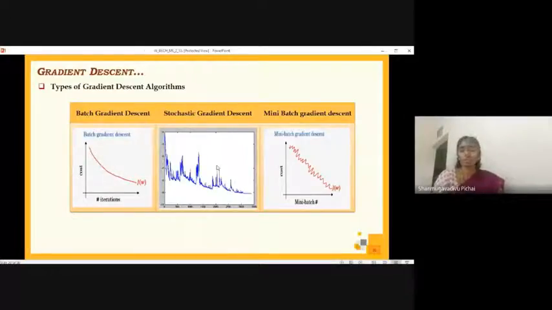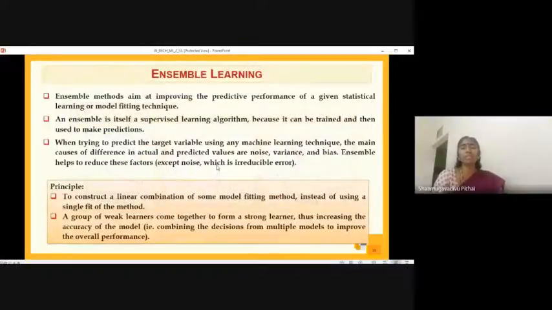So we go. Now let us go to the next one, ensemble learning. This slide speaks about what is meant by ensemble learning. Already we have learned about 2 types of learners. One is lazy learner, the other one is eager learner. Now we try to work on these kinds of learners. When the learning process takes place, there should be a provision for us to improve the performance by looking into the previous models which were evolved.